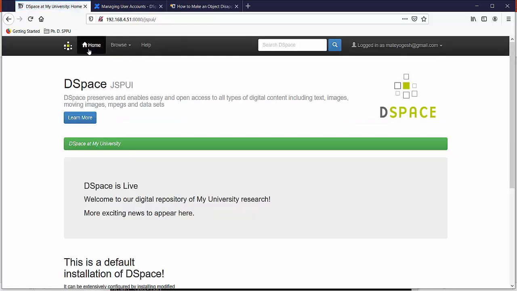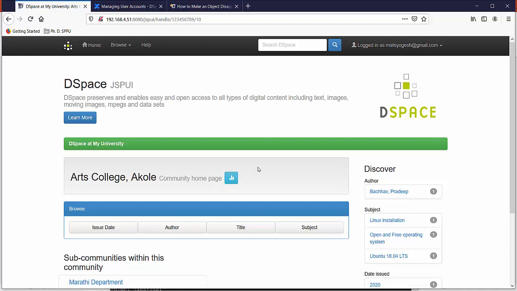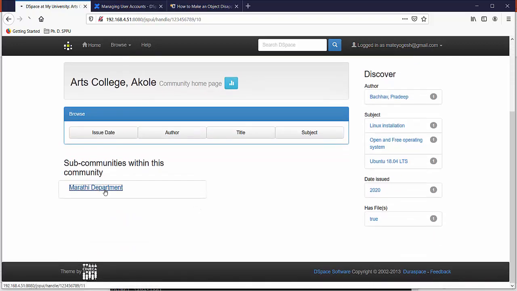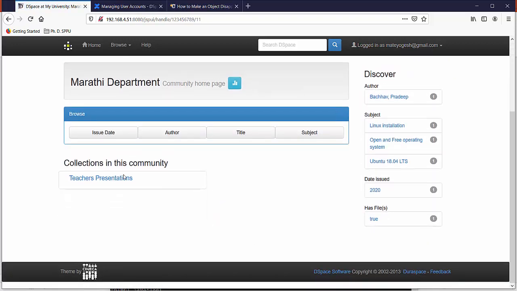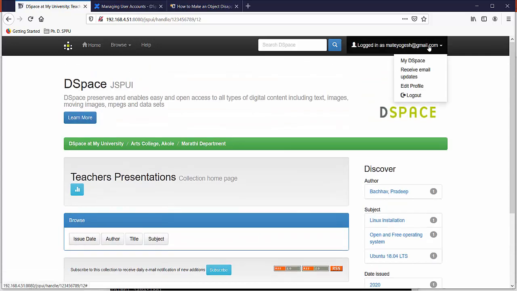Let's check if the submit to this collection button is appearing for this account. Click on Marathi department, go to collection, teachers presentation. Look, admin tools are not appearing here. Let's sign out, log out from this account.